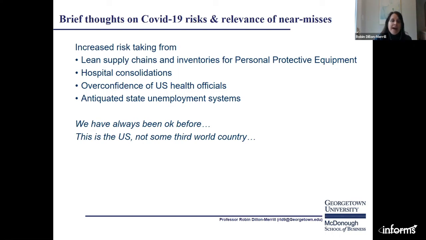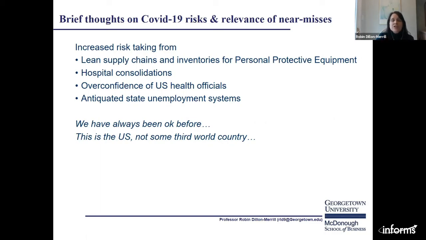And then with this massive wave of unemployment, we see huge problems. I think they're mostly overcoming them, and they're trying to overcome them very quickly. But antiquated state unemployment systems, we've had such a healthy economy and such low unemployment for recent history that we really have increased our risk of not having these solid systems that could do this. And so again, I'm not an expert in any of these 4 areas, but from what I've seen, these are 4 areas that we've had challenges with in this COVID-19 crisis, all of which were over time,